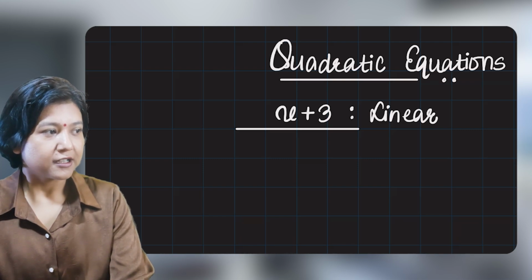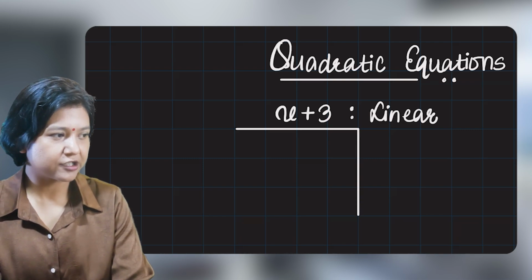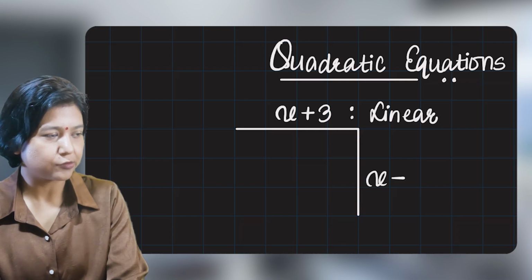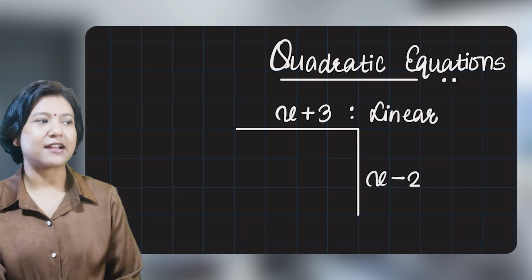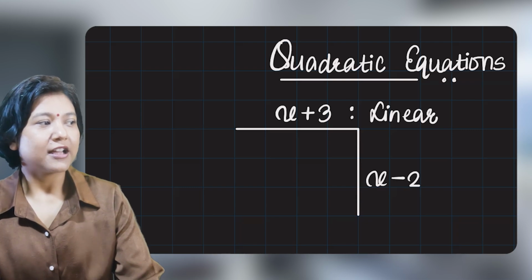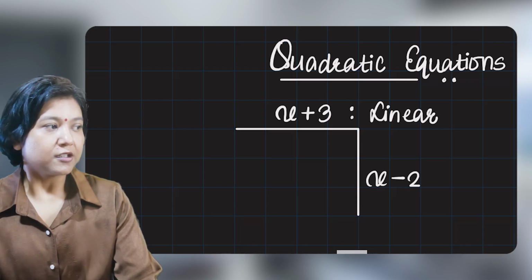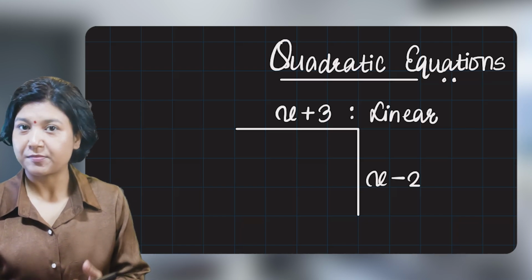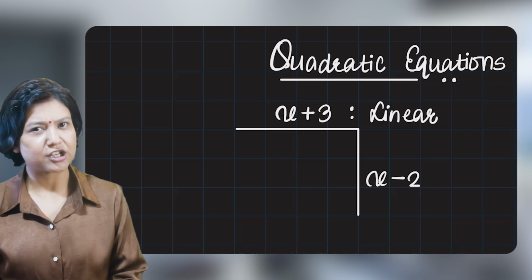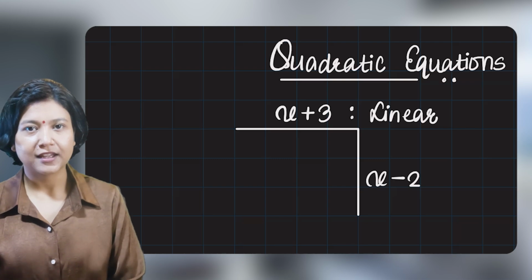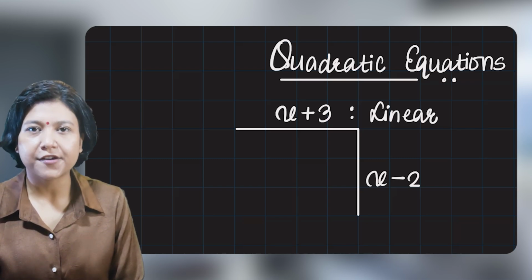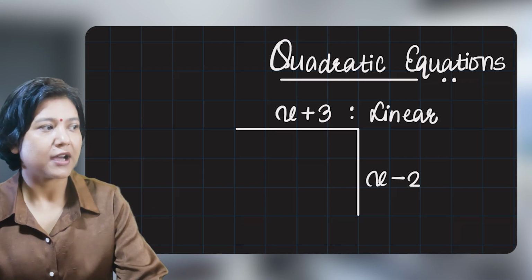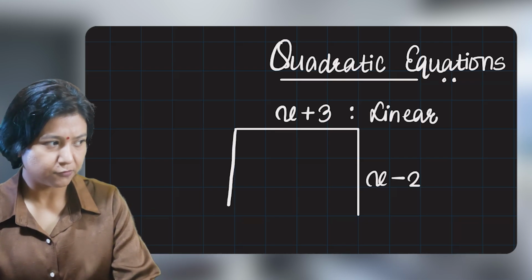And now, I have another linear expression. Let's say the breadth is x minus 2. Now, think about a scenario. Upon adding the length and the breadth of a rectangle, we still get a perimeter. So the perimeter happens to be a linear expression only because you're adding them. But when it comes to finding the area, you have to multiply two linear brackets, or multiply the length with the breadth.